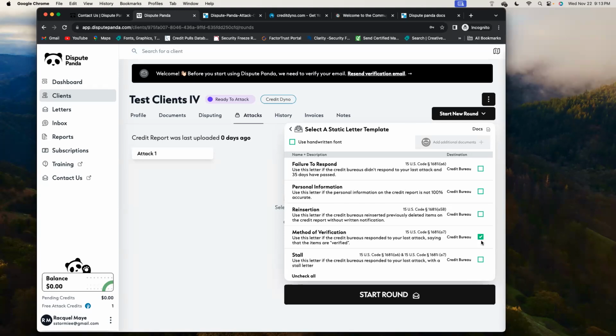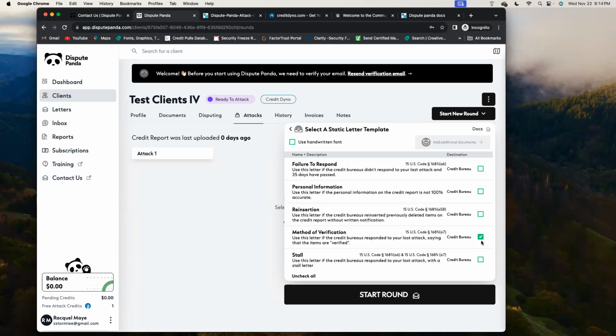No, the method of verification letter is only to be sent to the credit bureau. If you would like to retype it and generate it to the creditor, because what I would like to tell you is that normally if the credit bureau sends back verified, 85% of the time, they never even spoke to the creditor. They verified in-house. So you don't need to ask the creditor anything, because the creditor is not the issue. The issue is still the credit bureau. So you would send the method of verification letter to the bureau, because the bureau did a